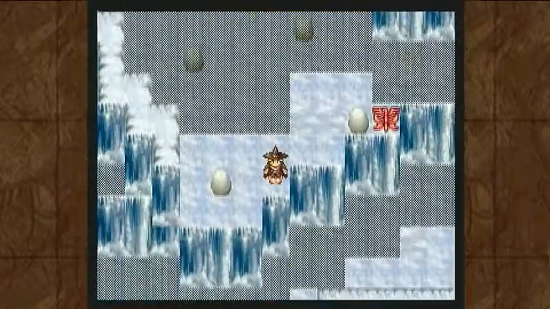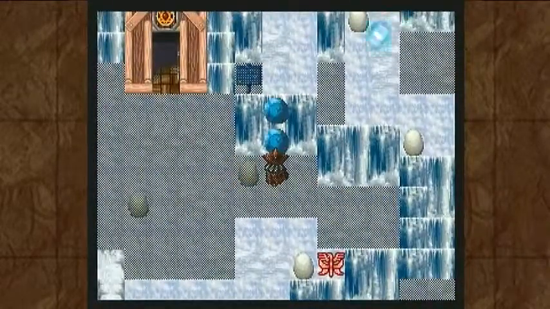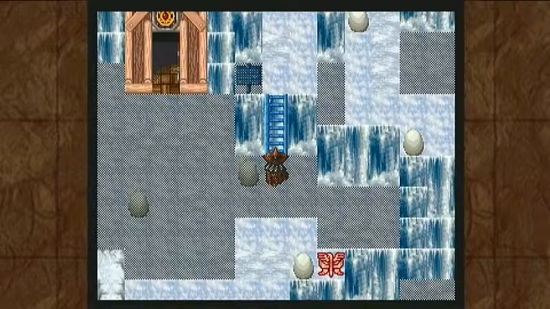So what all is down here? We got a teleport pad. I hope we learn how to do... Wait, what? You don't need an ability to use those? Really? Well...